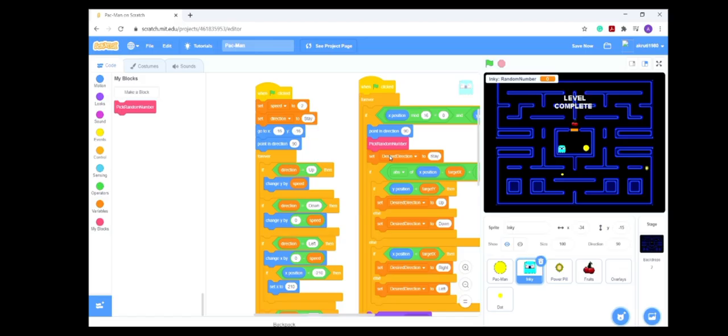Okay. Why did we create this random number block? Because whenever the ghost collides with any of the walls within the maze, it should not stay or get stuck there itself. It should again start from any random direction or any random position, correct? So for that we have to insert this code. I think in this video we have done a lot of coding. So let's take a pause over here and